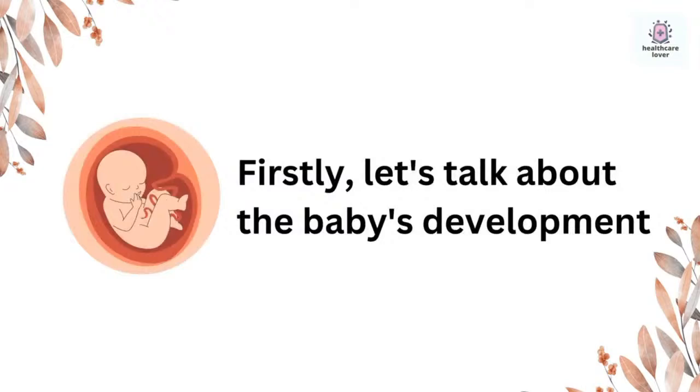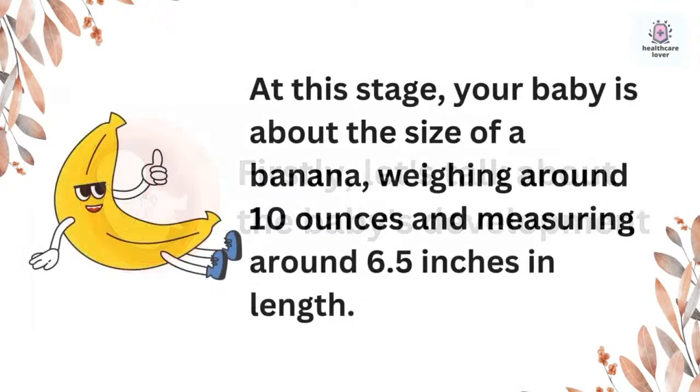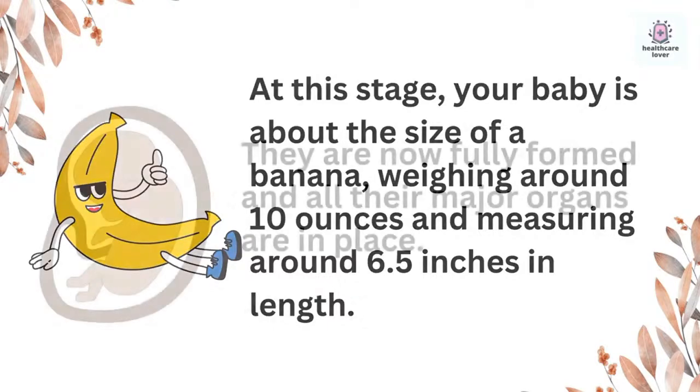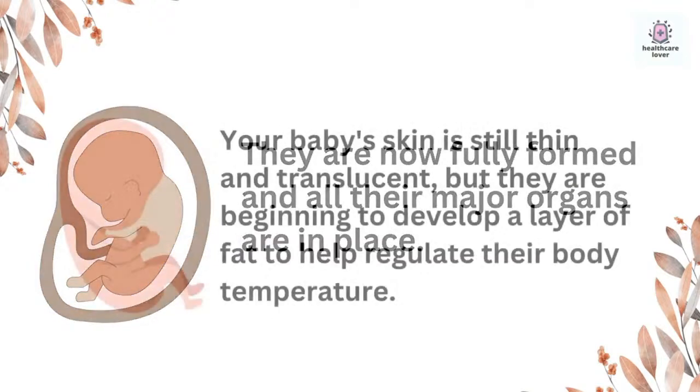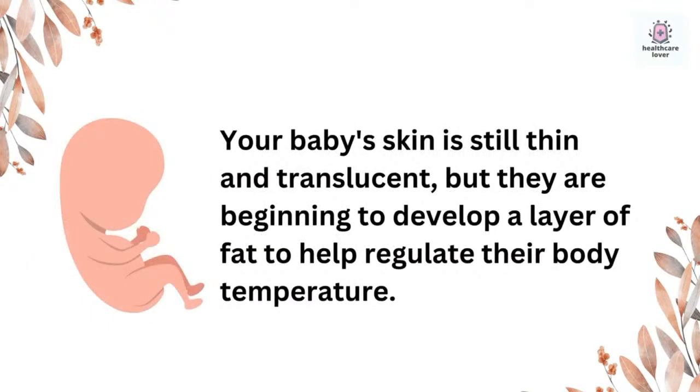Firstly, let's talk about the baby's development. At this stage, your baby is about the size of a banana, weighing around 10 ounces and measuring around 6.5 inches in length. They are now fully formed and all their major organs are in place. Your baby's skin is still thin and translucent, but they are beginning to develop a layer of fat to help